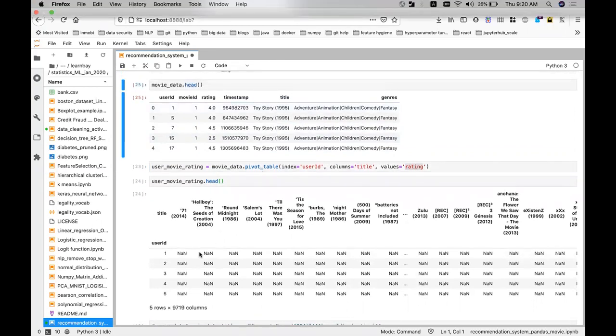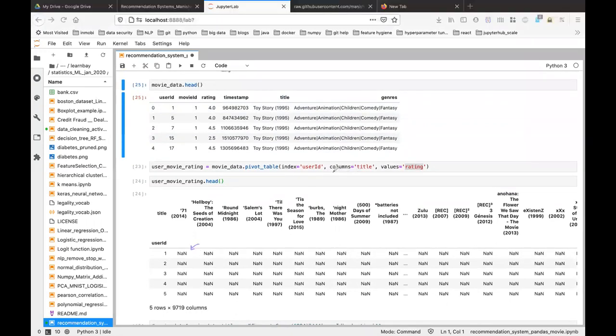Okay. The way this works is, I'm going to explain why there is NaN first. So on the top, what are your columns? Columns is basically title. So what are all the different titles? There are so many movies, so all these movies will come on your column names. So what is the movie that came, which is 71, then there is Hellboy, then there is Around Midnight, Salem's Lot, till all these movies are on the columns now. Before they were here. Now this is my columns. So that is my columns part.